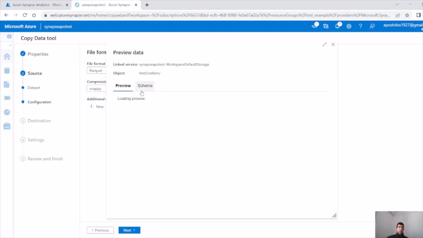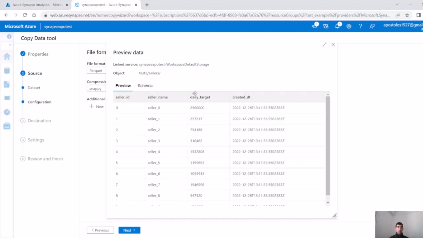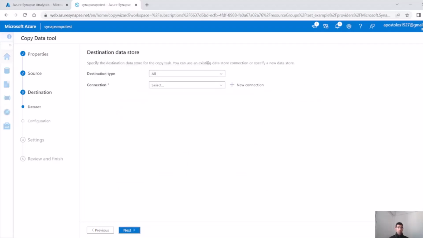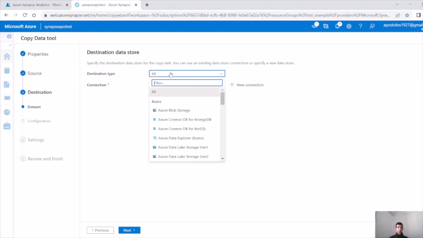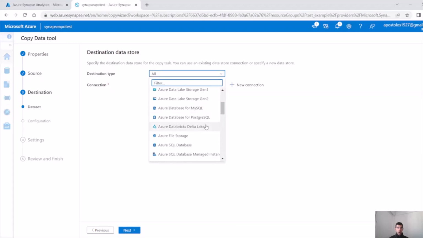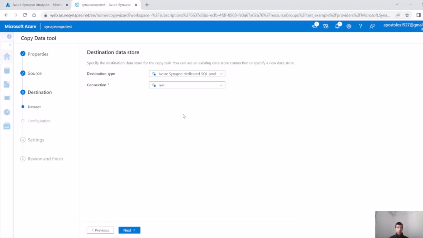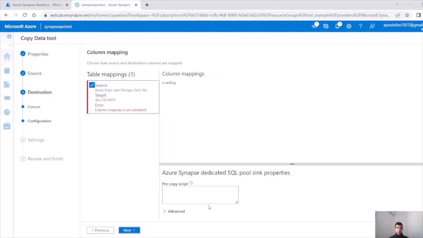Of course, it takes some time. It's not the fastest tool on the earth, but it does the job. Next, destination type, we want dedicated SQL pool. Azure Synapse dedicated SQL pool, select test target, use existing table. We select the table we just created. Next,